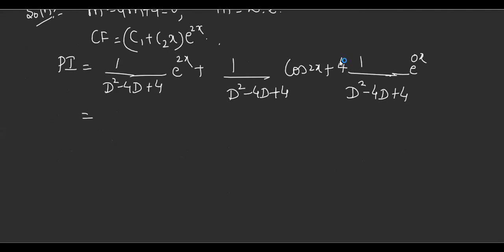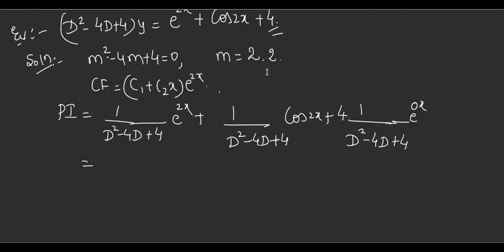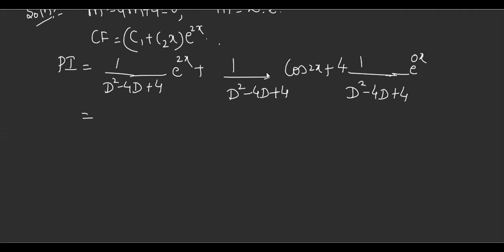I'll take one term and simplify it. Just see, d we have to replace by what? This belongs to case 1, no? D replaced by 2, correct? So surely it becomes 0, and how many times? 2 times. You can see 2 is a root 2 times, so obviously you have to go for differentiation 2 times. Just confirm. Yes, it is 0, which means multiply by x and differentiate. What is the derivative of the denominator?